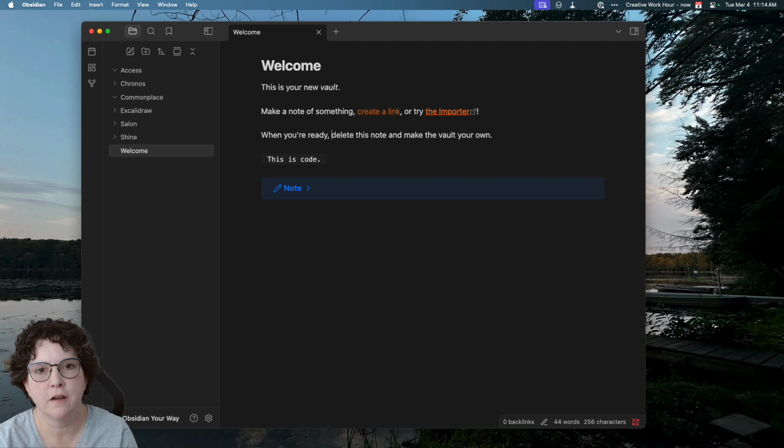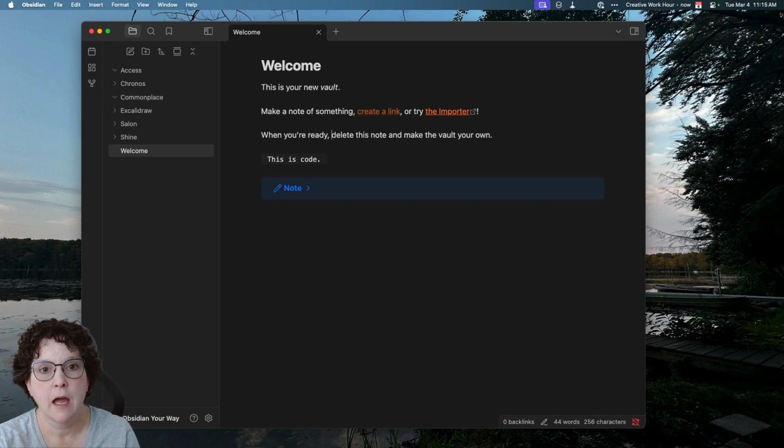Hey everybody, we are here today to talk about how to customize the look of your Obsidian Vault. Today we're worried almost entirely about the appearance, not really the functionality, but the appearance matters. It's one of the things about Obsidian that a lot of people enjoy, that you can customize a lot of things. And so we're going to spend some time just going over the basics that come with Obsidian without